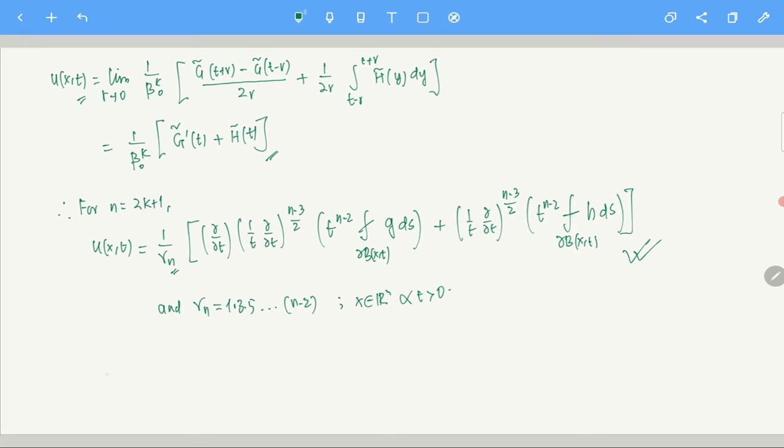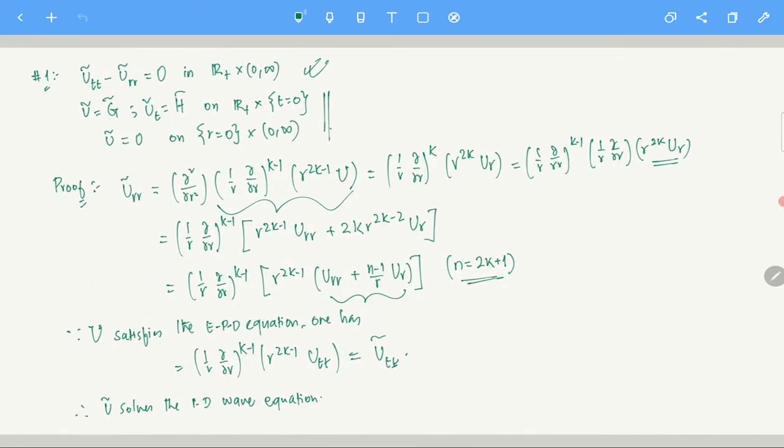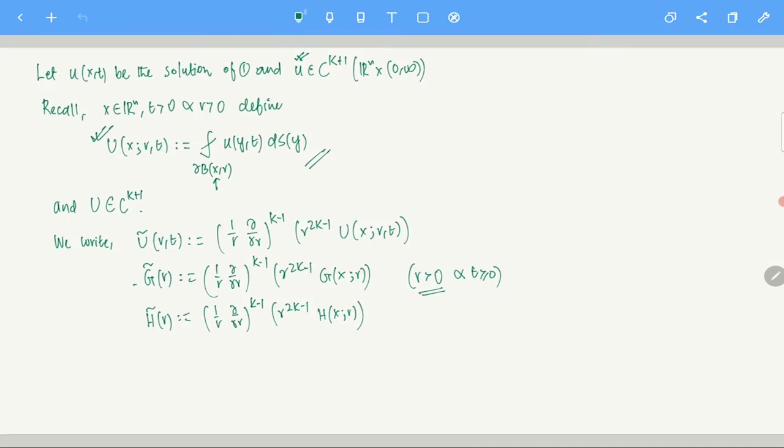Once you know how to do it for n equals 1, you go from there to n equals 3, and then you use the method of descent, Hadamard's method actually, to go to n equals 2. Here we are not doing anything but generalizing this fact. How are we generalizing it? We are just defining our new U tilde, H tilde and G tilde like this, and with this generalization we are using exactly the same idea to prove what we want.